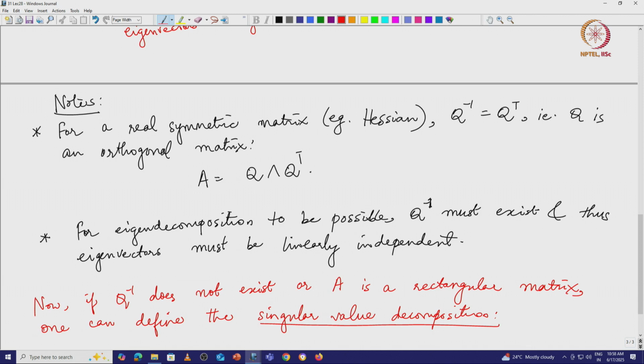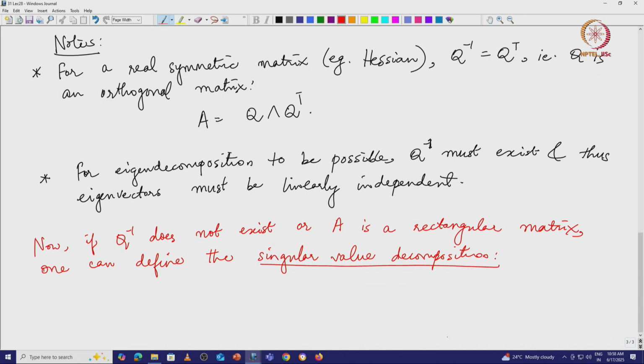Essentially this is important for the data matrix X in machine learning, because X is a rectangular matrix, right. So, if you are talking about a rectangular matrix like X,